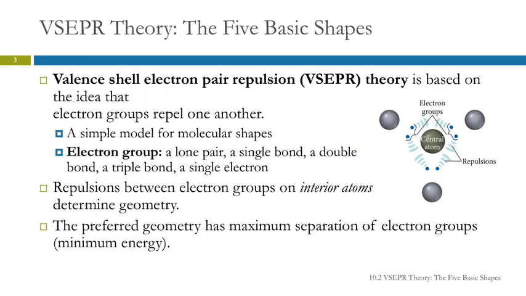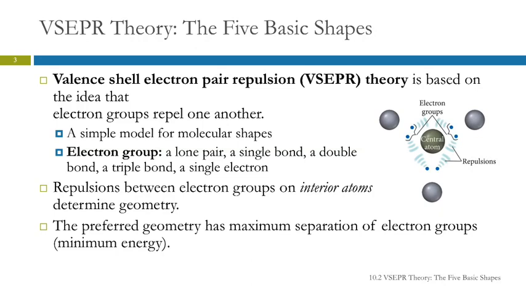This is based on the idea that groups of electrons are going to repel each other. It's a very simple model for molecular shape, but it works pretty well. So what is an electron group? An electron group could be a lone pair of electrons. It could be a single bond, a double bond, a triple bond, or a single individual electron, as in a